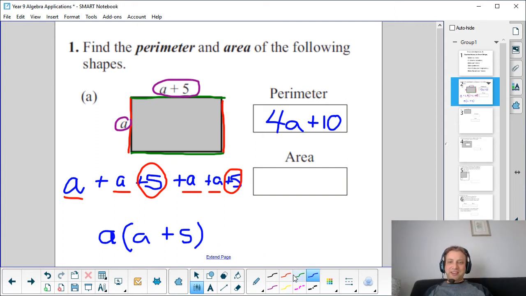a. So what you'll see is this is an expanding brackets question, right? The a that was from here needs to multiply inside there. So now we are going to have powers in our answer because I'm going a times a. Remember, adding didn't give me a power, but multiplying does. So a squared will be the first part of my answer, and then a times 5 we like to write